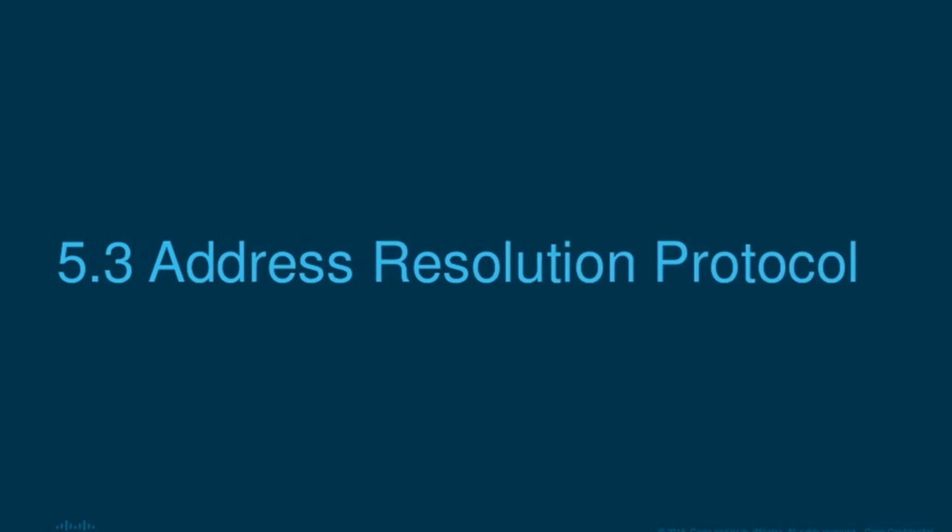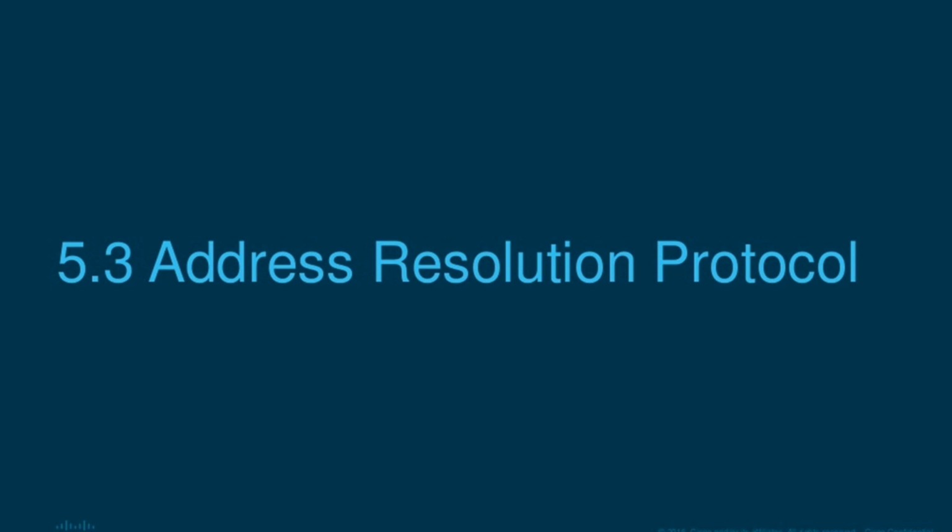So let's go to 5.3 Address Resolution Protocol. In the same network, there are two types of primary addresses assigned to a device on an Ethernet LAN. First is the physical address, the MAC address. Second is the logical address, or the IP address. As an example,